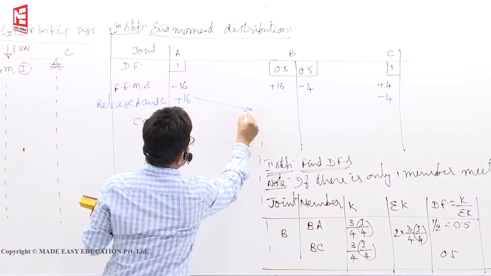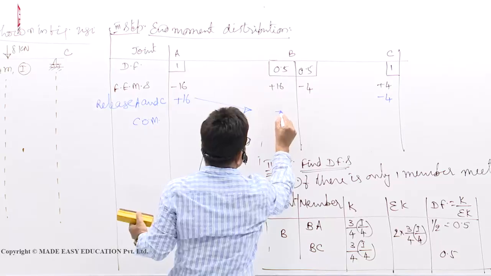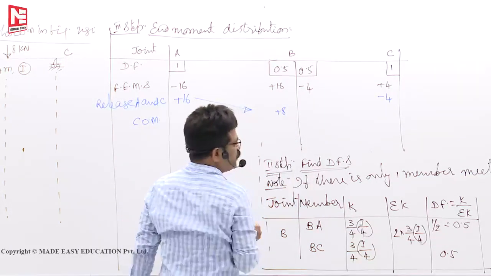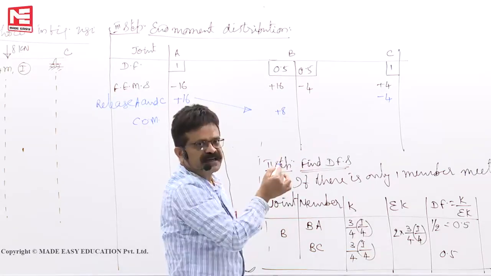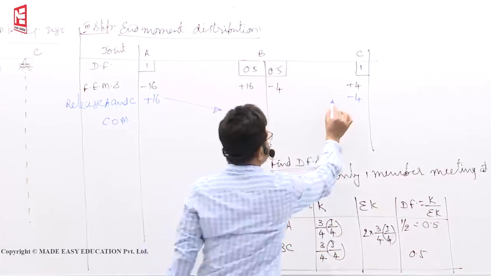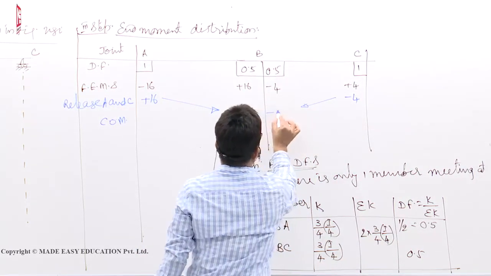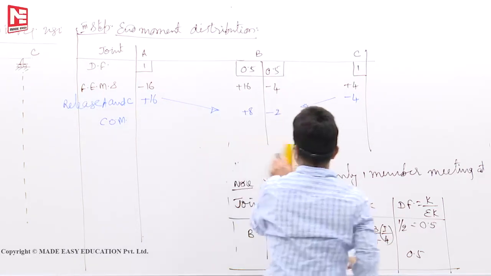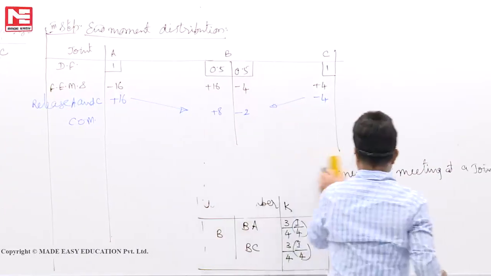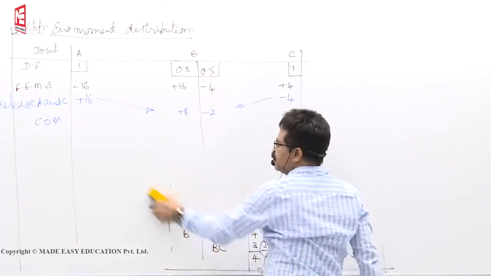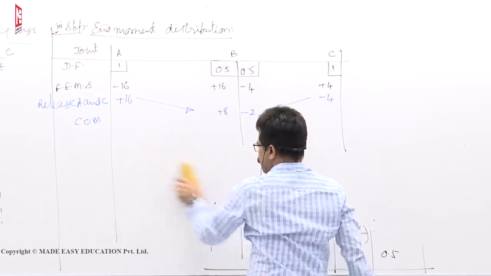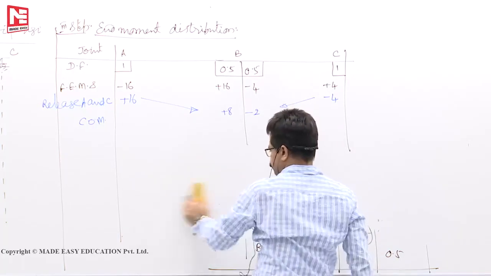Out of plus 16, because it is now a fixed one, plus 8 will be transferred. We know that when far end is fixed, half the moment is carried over and in the same direction. So minus 4 again, minus 2 will be carried over. Okay, now this point we can remove. These are called carryover moments. Whatever first concept we have learnt,